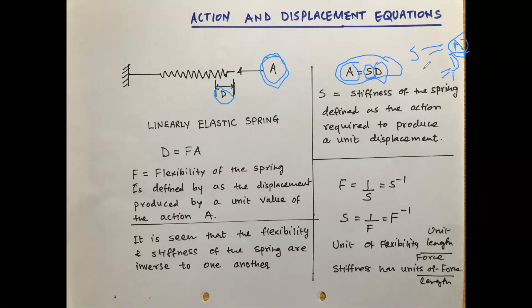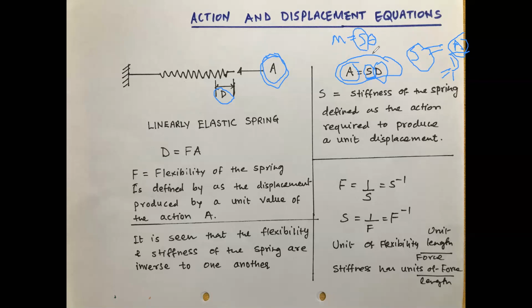If you make D equal to 1, naturally S becomes the force. So stiffness is nothing but the force or the moment. It can be a moment also, when you go further to the analysis of beams. So when you want to write the moment equation, we can write something like moment is equal to S, the stiffness, times D, which in the case of moment is theta. All of you have seen this equation, 4EI by L. All of you know that